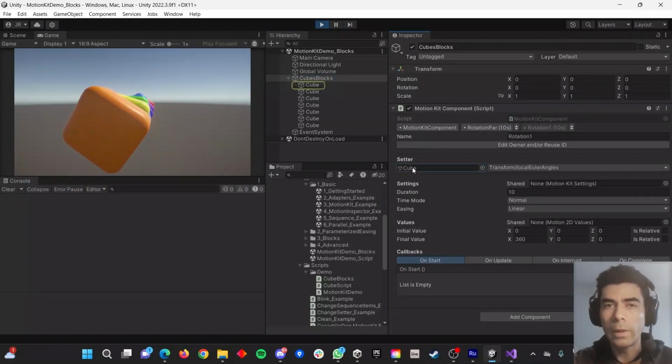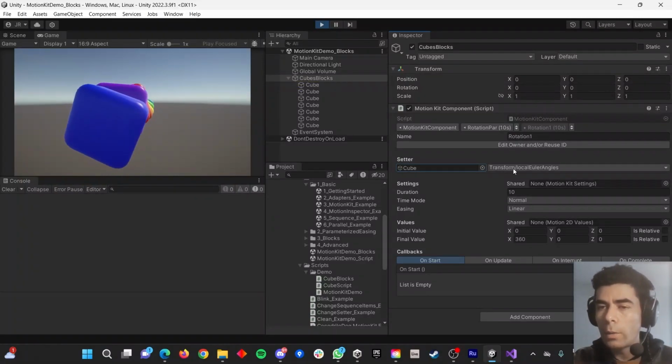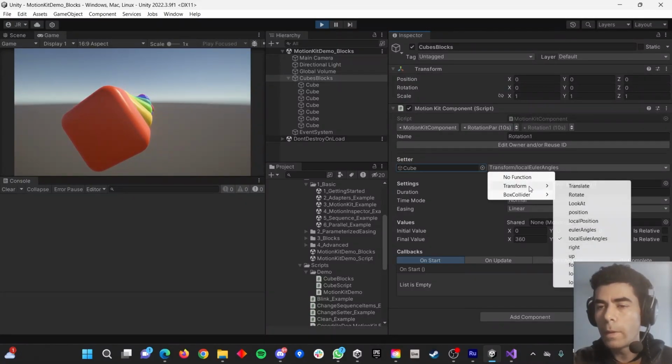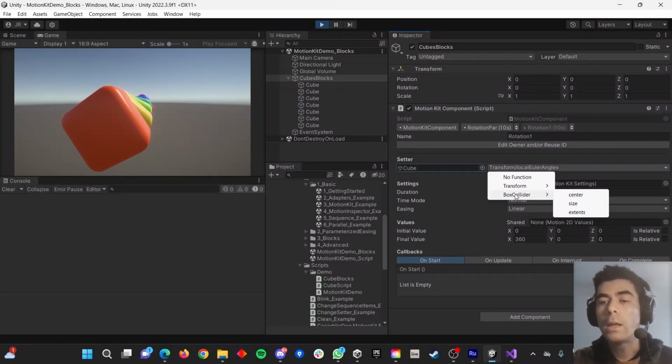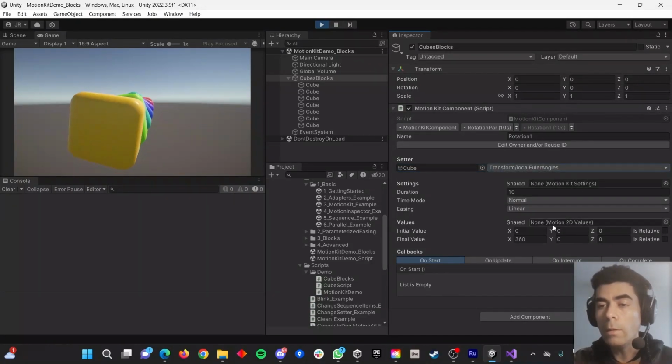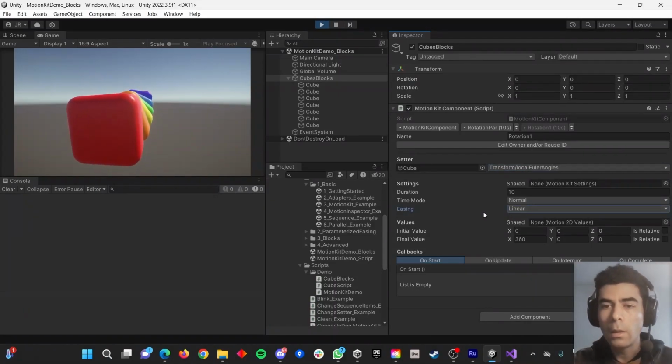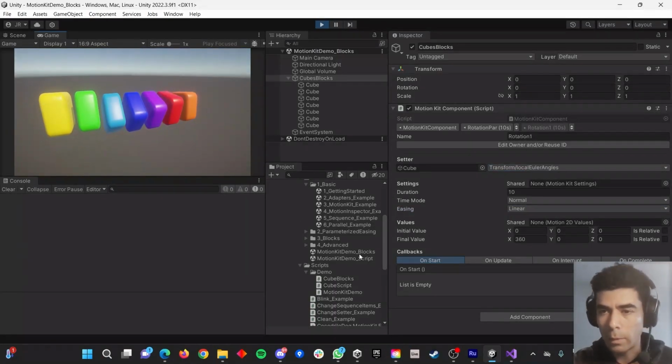In this case, for example, this cube is referencing the first one, and then you can choose, this is a 3D motion, for example, so you can choose whatever function or method or property receives a 3D value. Then you can choose it from there. Then you can set other settings like the duration, like the easing, which is the curves that I just described at the beginning. You can have this classic back in, back out, whatever. For example, this elastic. Yeah, so they are very typically used in these type of systems.